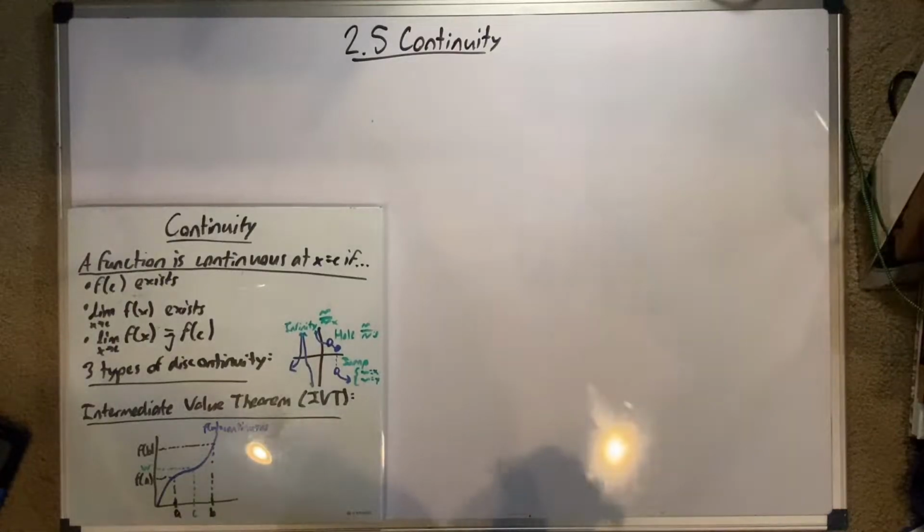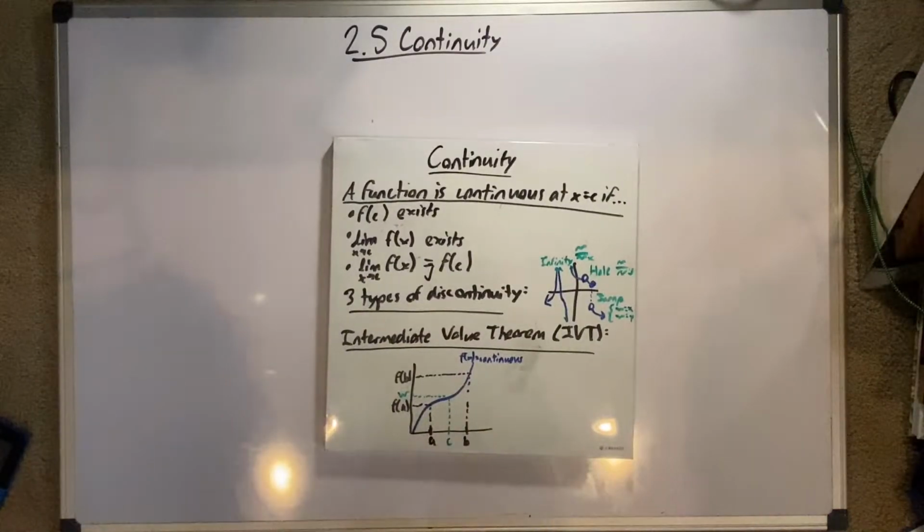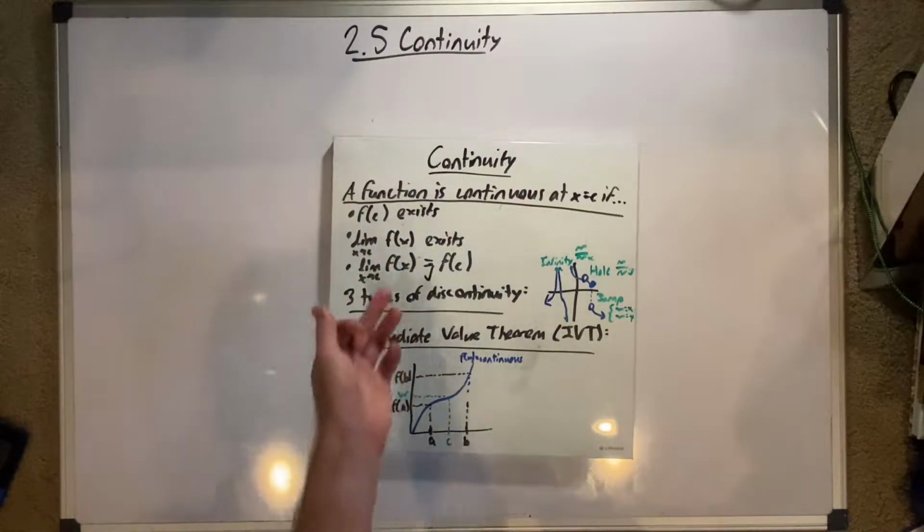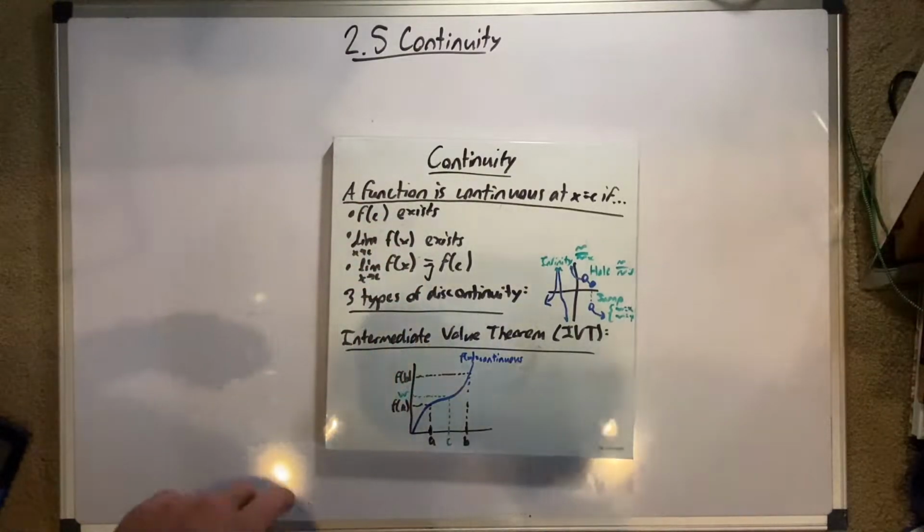All right, let's talk about continuity. So we have this little cheat sheet here. Let's talk about what even is continuity. Well, a function is continuous at x equals c, so any number, if the function exists at that number. So if we're able to plug that number in and it exists, the limit